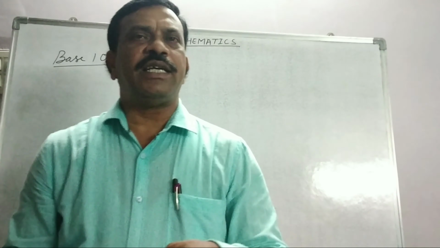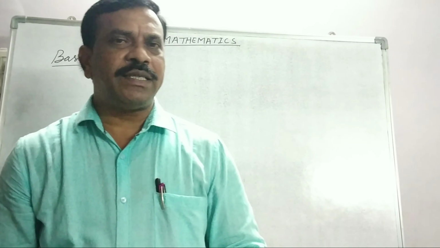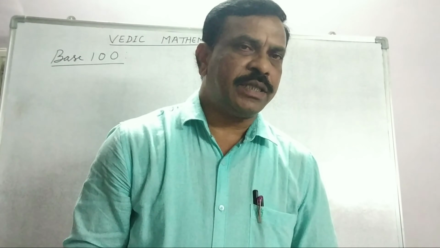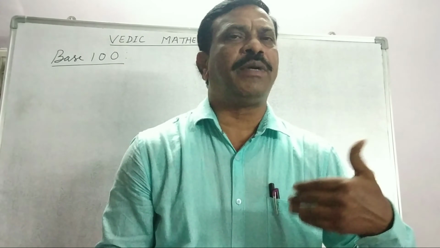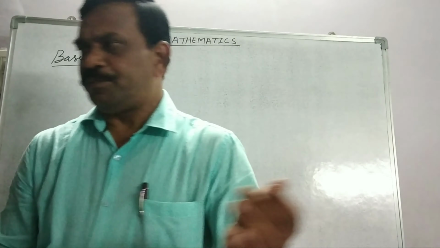So, in the previous videos we have done multiplication with reference to a base. So, our base was 100. So, we have three cases. When the two numbers are less than the base, and the second case is when the two numbers are more than the base, and the third case is when one number is less than the base and one number is more than the base. So, here first we will go through the third case, and then we will solve all the three cases taking some other base. So let us start.